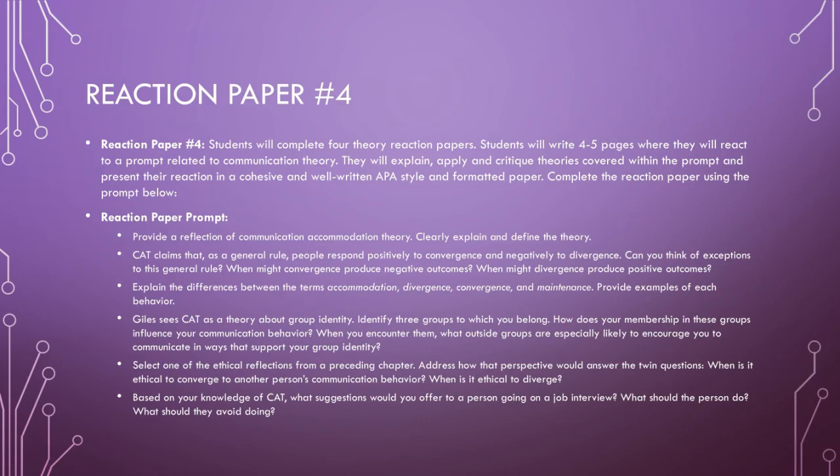We're only focusing on two theories this week, and communication accommodation theory, known as CAT, is the one that we're going to spend the most time looking at. The CAT theory claims as a general rule that people respond positively to convergence and negatively to divergence. As you think about that, explain the differences between accommodation, divergence, convergence, and maintenance within the theory of communication